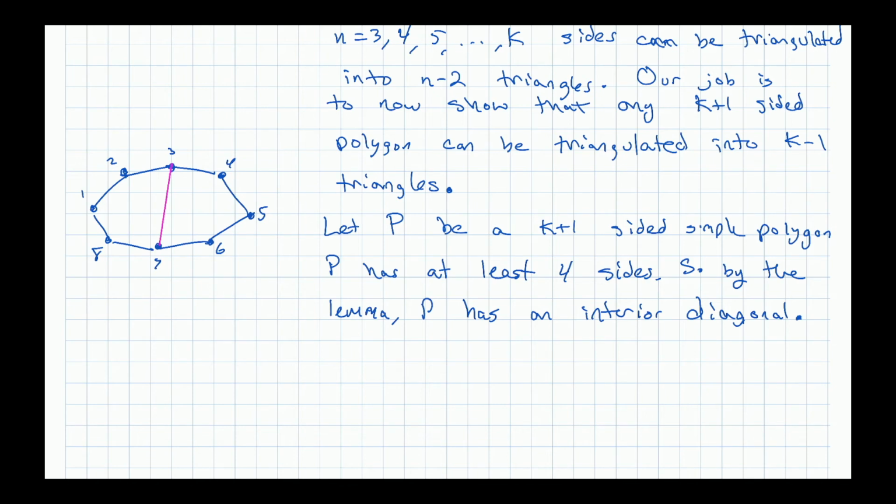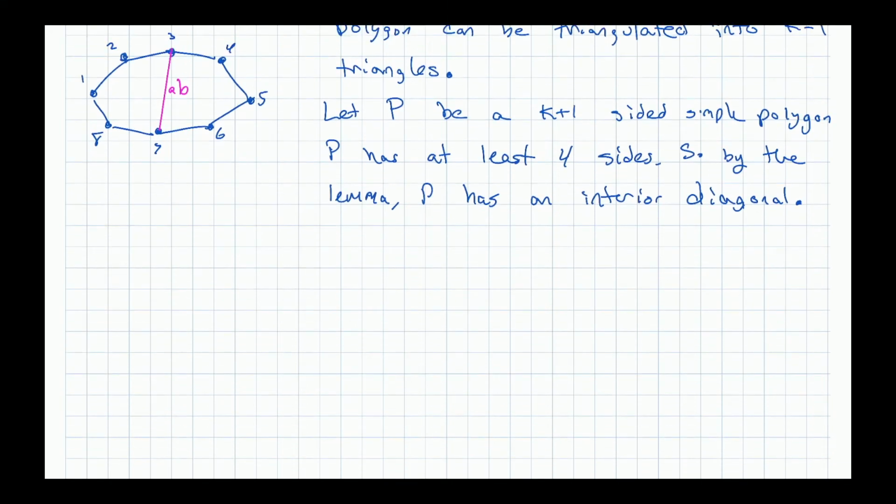Okay, now according to my notes here, that interior diagonal is going to be called AB. And the idea is that the corners that it's connecting are corner A and corner B, something like that. All right, so by the lemma, P has an interior diagonal. We'll call it AB. Okay, so there we go. Now,